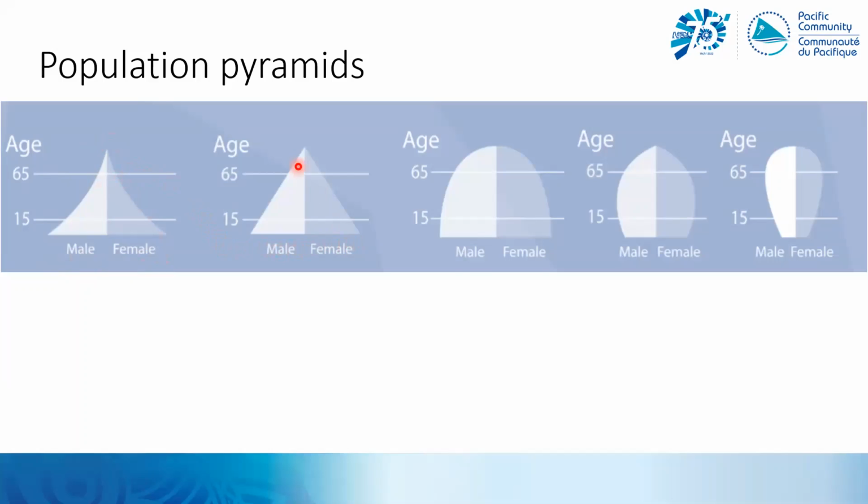Moving on again to a more regular-sided triangle, this is still a high growing population with high fertility, but slightly less than this first one. Starting to see some improvement in mortality, but still a young population overall. We then move on to what we call a beehive pyramid. So we're starting to see some tapering off in fertility, but also much more improvement in mortality. So we're seeing more and more of the population in these older age groups.